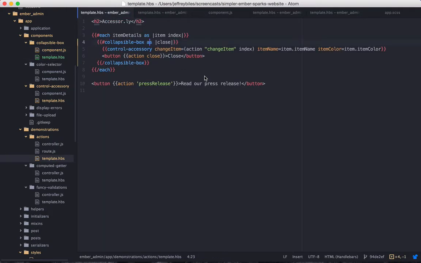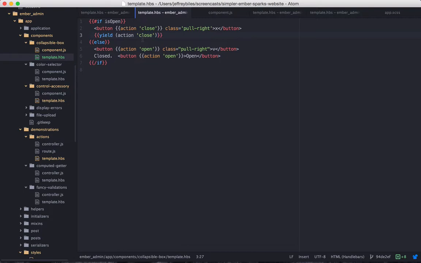So we'll go ahead and take our change item action and we'll unnecessarily refactor it to use every part of this. So first, we'll pass in the change item action into the collapsible box, and we'll call it change item 2. Notice that we're passing in an index here, and later when we get here, we will no longer be passing in that index. So then we'll go to the template of the collapsible box, and in the yield, as the second parameter, we'll pass in